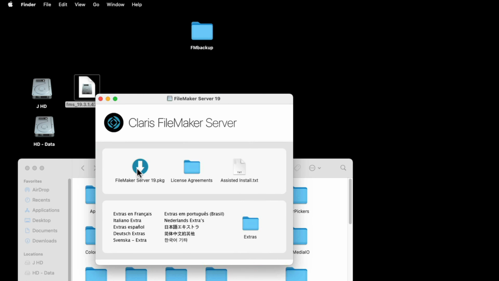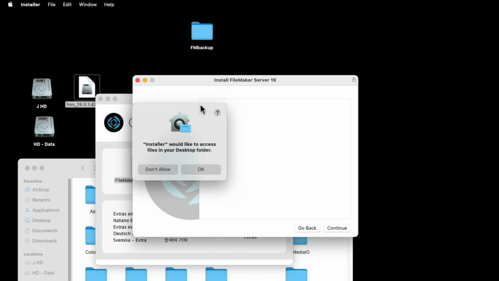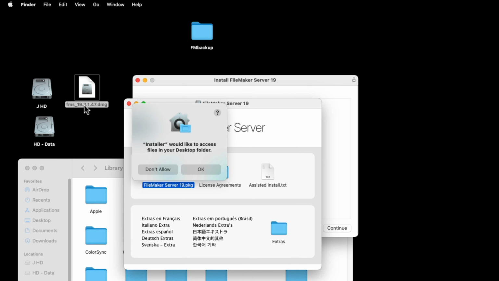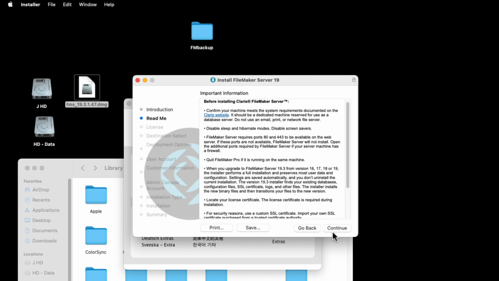So basically it's just double click on this icon, allow. In case you're updating your FileMaker Server, if you just double click on this, it's going to tell you that version 19.3.1.47 is a new install, so you have to uninstall your server. You don't need to erase your libraries, I just want to start from a new install. So okay, continue,